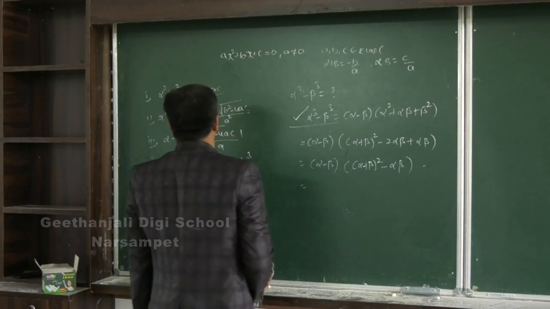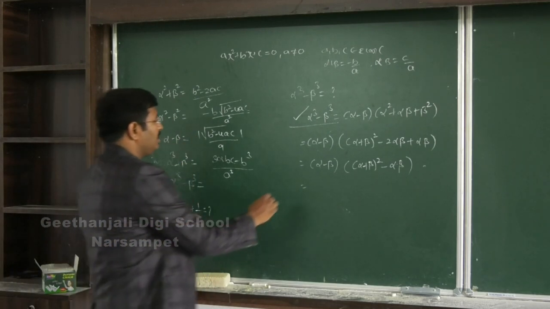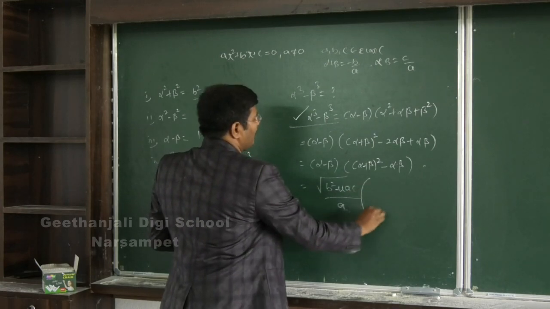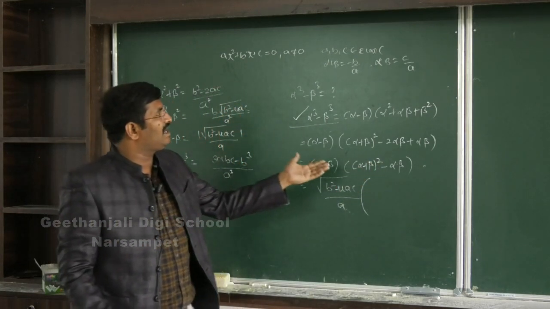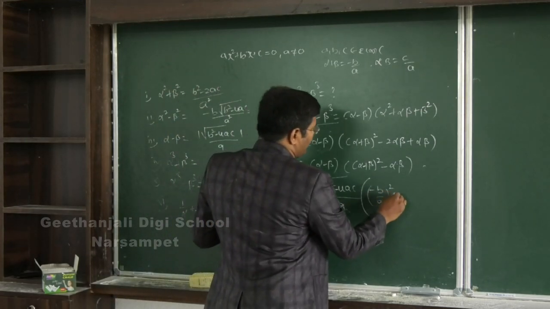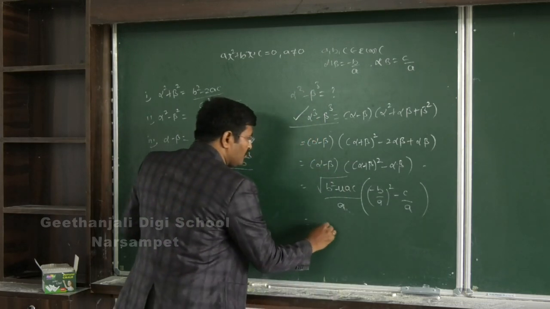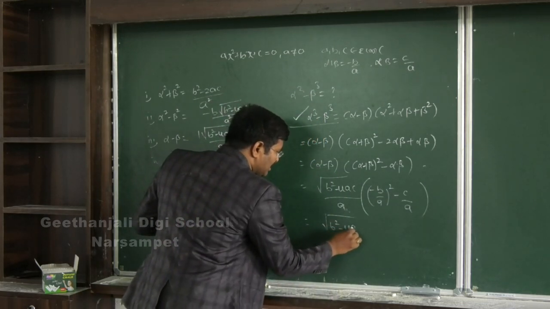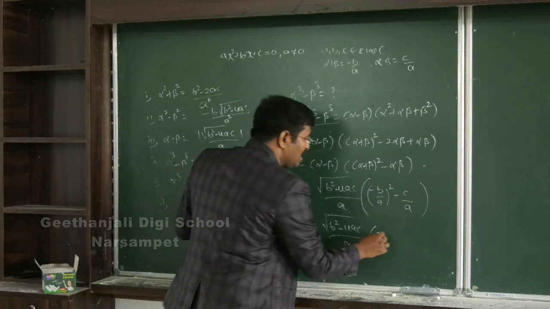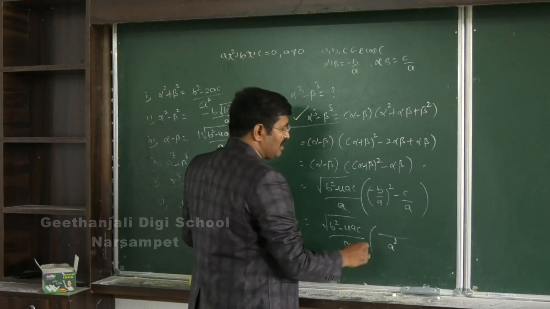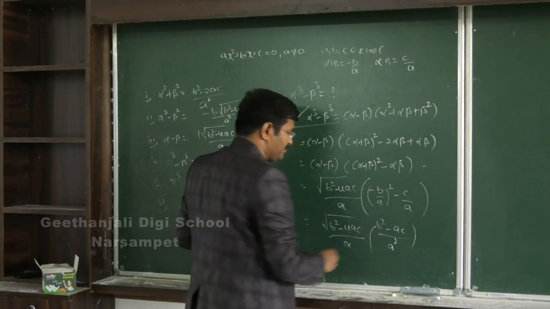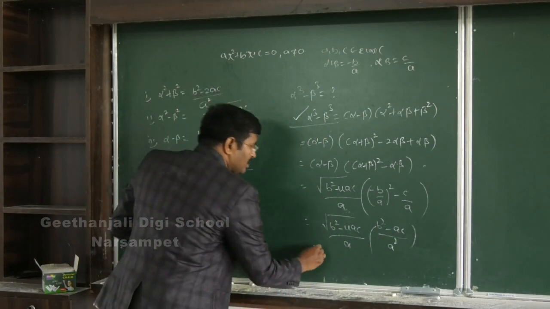Then alpha minus beta value you already know, that is equal to root of b square minus 4ac by a. Alpha plus beta is equal to minus b by a, alpha beta is equal to c by a. Minus b by a whole square minus c by a, then root of b square minus 4ac by a. This you can write as b square by a square minus c by a, directly we will take the common a square. Then b square, as usual, you have to write minus ac.